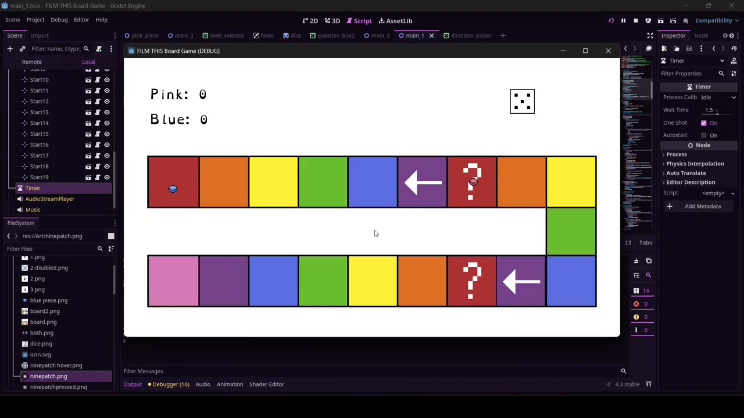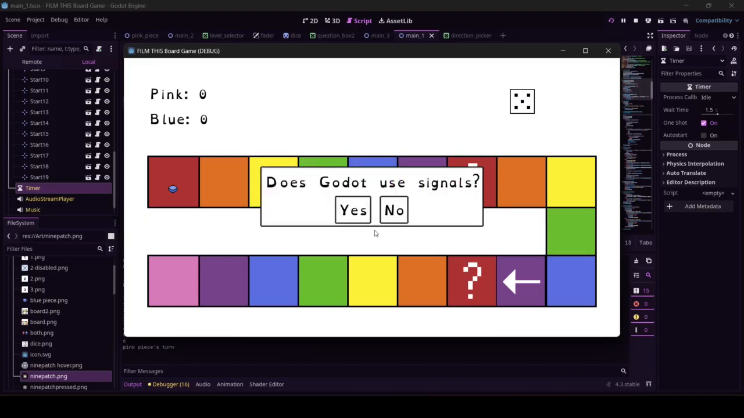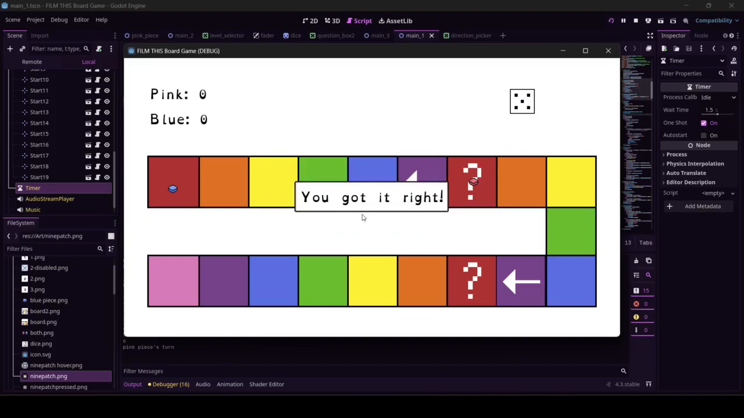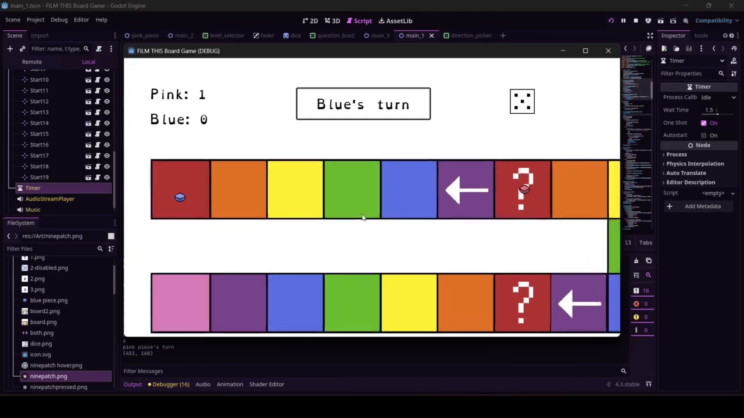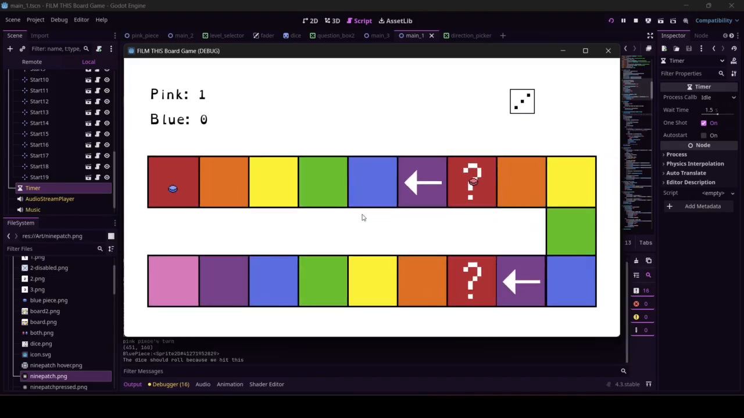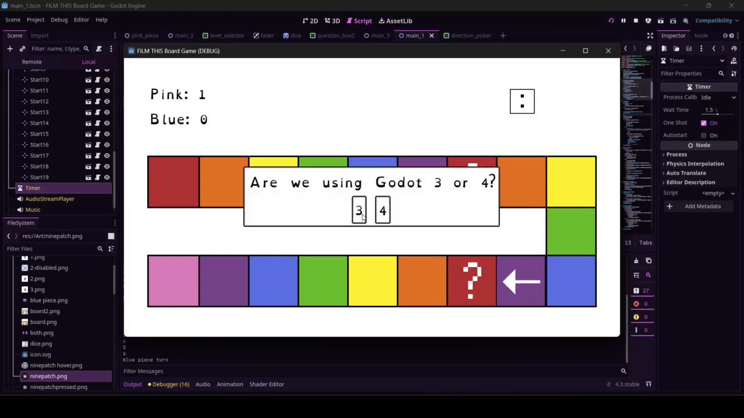Now pink should go to the question box. I am choosing to make the human still answer all the questions. And then blue should go, and then I should be able to go for blue, right? Yep. I cannot think of a fair way to have the CPU answer the questions. Would they get them all right? Would they get some of them wrong? I have no idea. So I'm choosing